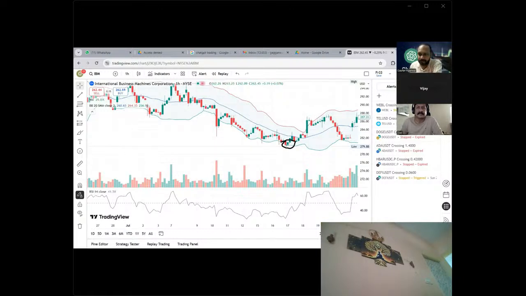It is near the lower Bollinger Band, right? Now this is the demand zone or a support zone. Whenever the stock bounces from here, it will try to go first near the middle line and then the upper median. So if the stock price is here, the middle line will work as resistance 1 and the upper median will work as resistance 2. Now we have two resistances here, R1 and R2, right?